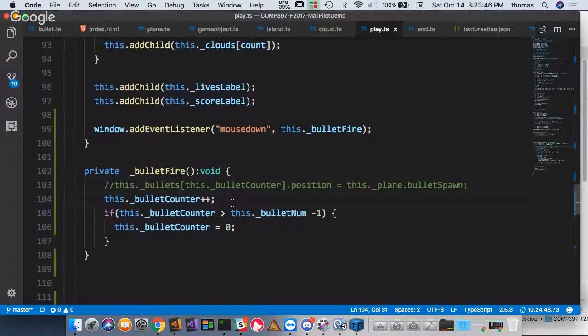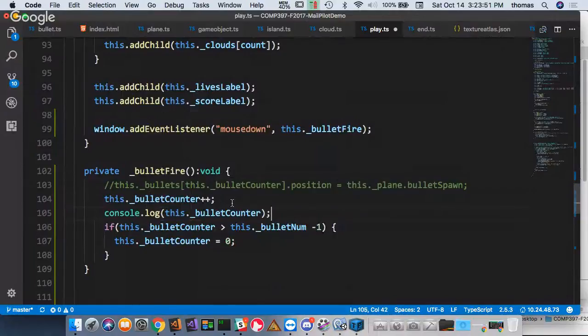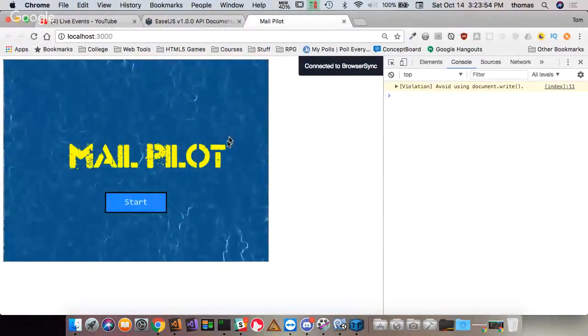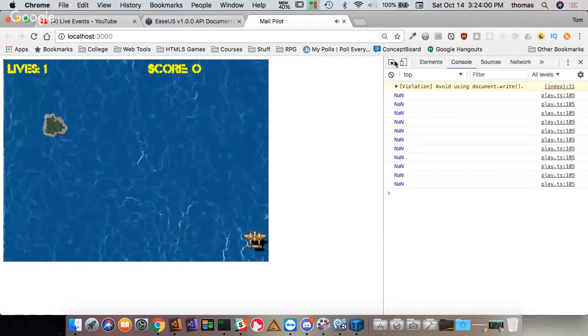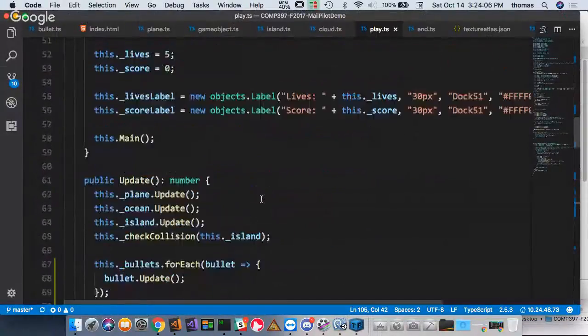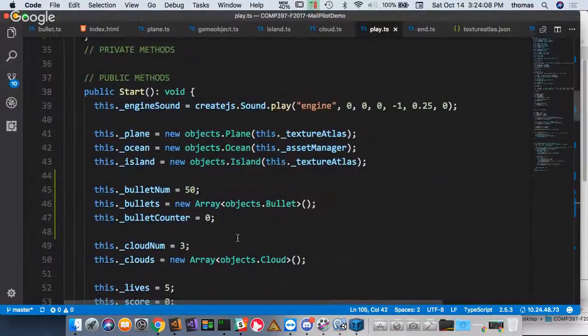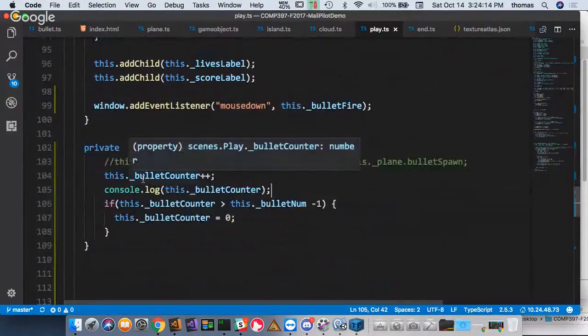No. Look. Console.log this._bullet counter. Guys, it's not that error. It's not that issue. Let's try it again. So bullet counter. Did I set it to 0? Bullet counter to 0. And so this is the issue. The issue is it's not keeping track of this, right? Because of the event. Because otherwise, if bullet counter wasn't working, right? If bullet counter was this,